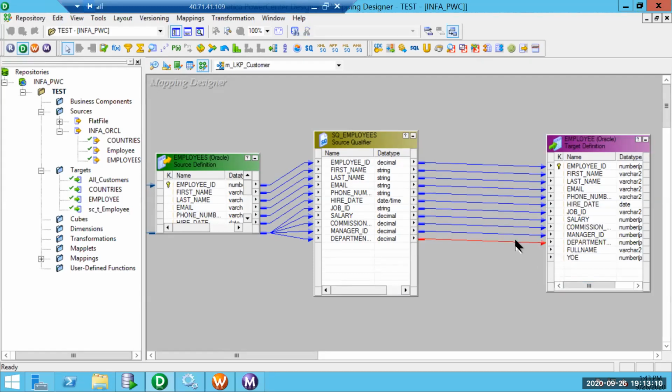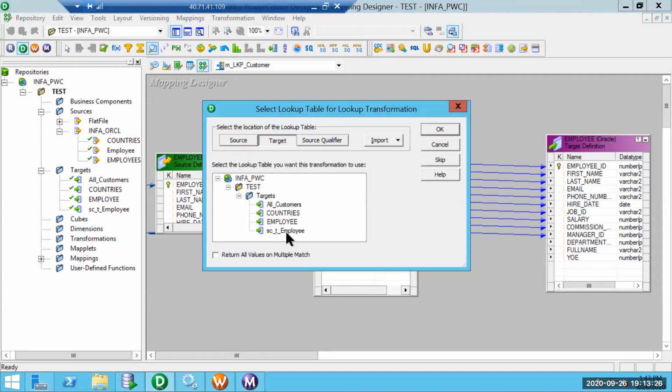Rather than populating the department ID from the source, I would prefer to use lookup. So this is one way, clicking on this, something like a magnifying glass. Here we can choose what our lookup table is. We do have the employees table in the source. I'll use employee.